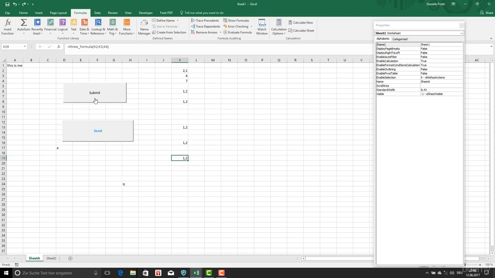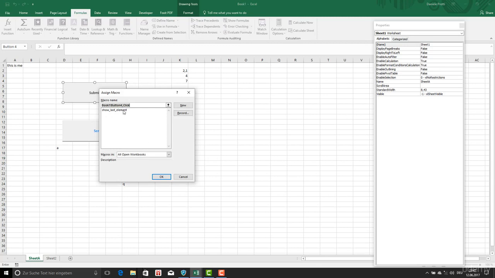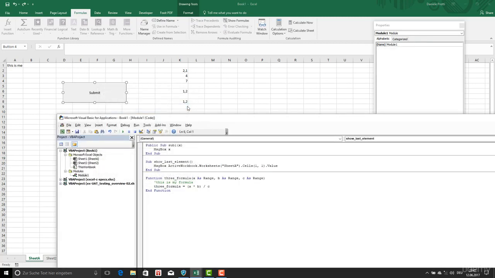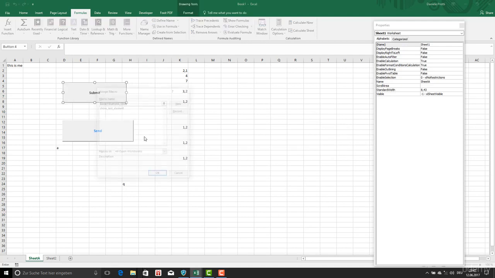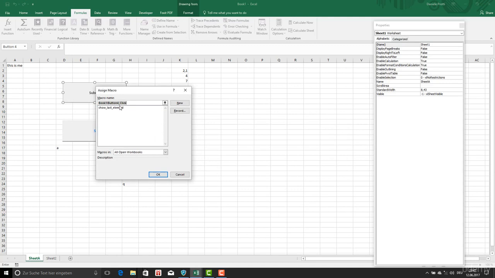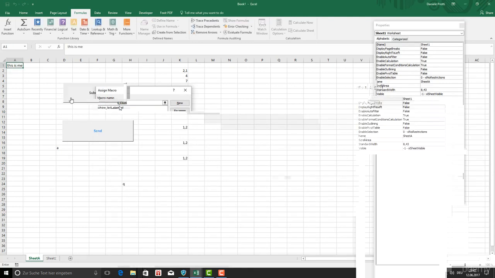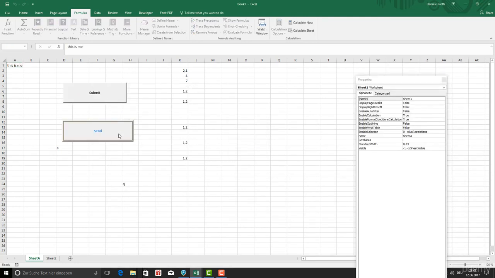So you can create your formula, or as I said before, you can assign a macro, show last element, edit this one, and when I click on this, same macro, which is this element. This is me. Here we don't